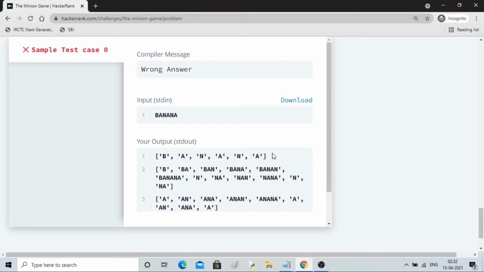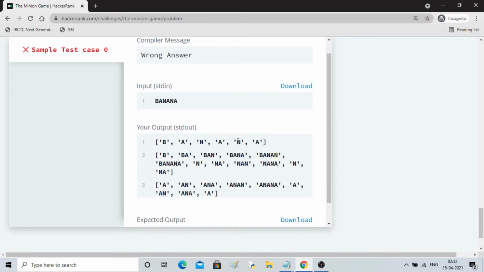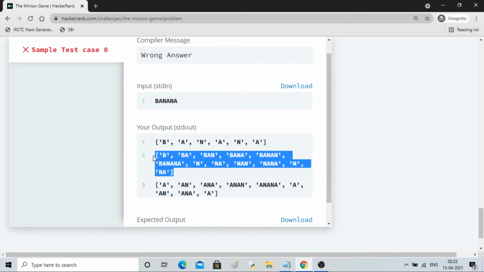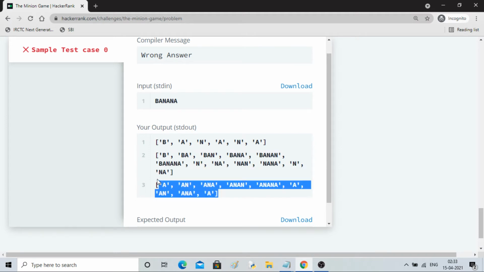So we can see this is our main guy, banana, which is the list of whatever string is given to us. Then these are the words made by our one and only Stuart, and these are words made by, what's the name of that guy, Kevin.